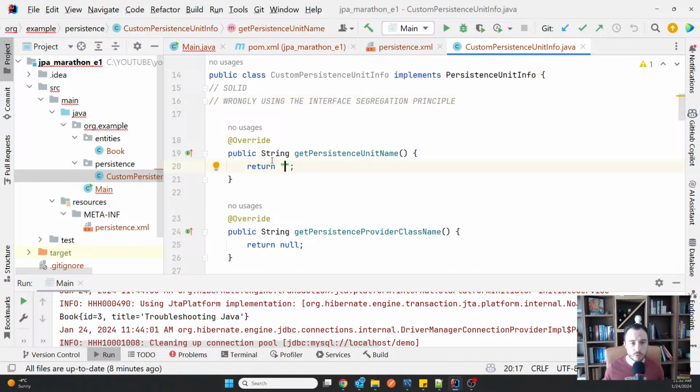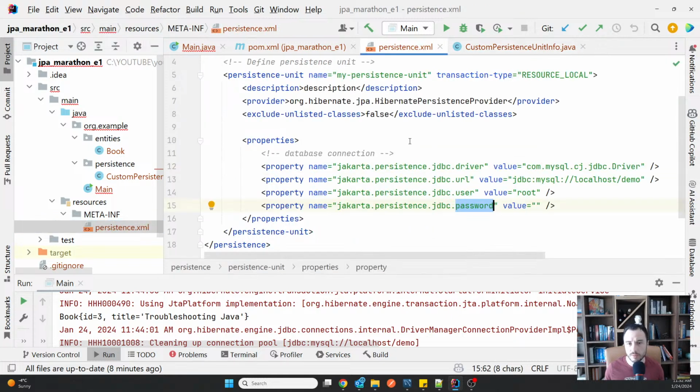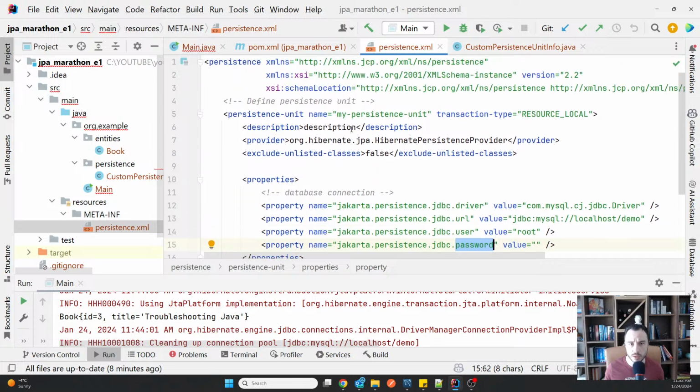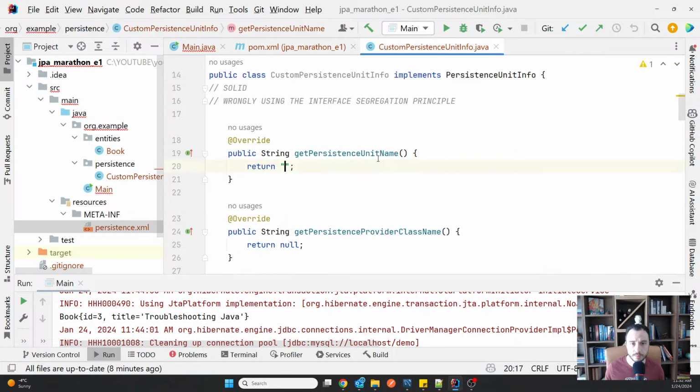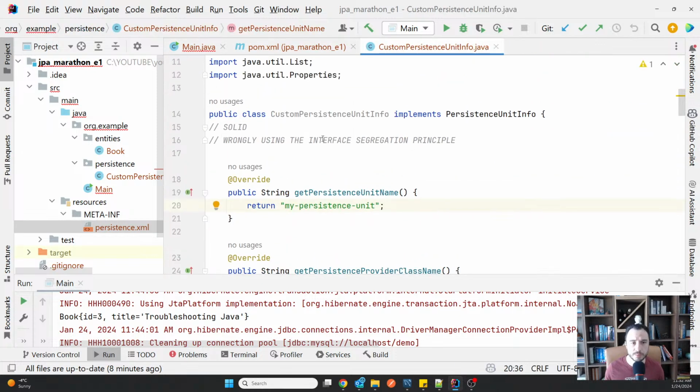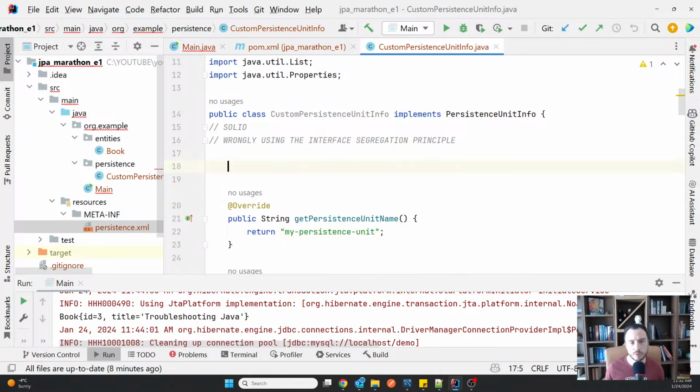Okay, now naturally you have to give a name. It doesn't even matter too much, but I'm just gonna keep the same name like here. So it can be any name. Actually, normally I wouldn't just return it from here, because this name might be something the application can decide.